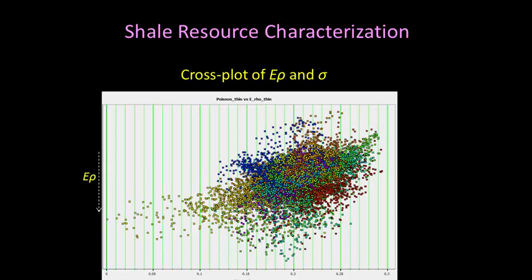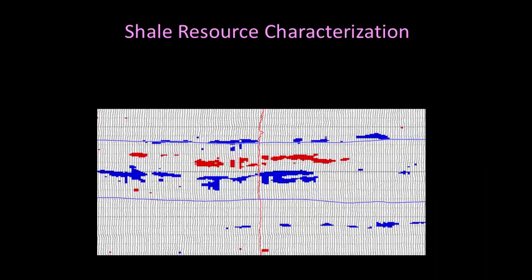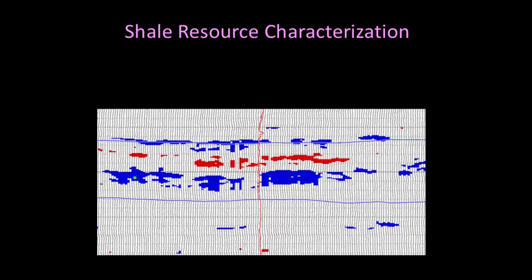The E-rho has a similar type of a variation, and notice here. And when I go and put a polygon here and here, this is just for comparison. This is from the E versus Poisson's ratio. This is E-rho versus Poisson's ratio. I back project these onto the vertical. Notice this is the points coming from E versus the Poisson's ratio, and this is from E-rho versus Poisson's ratio. Very similar. In my zone of interest, the red part that is getting highlighted, that is very similar.